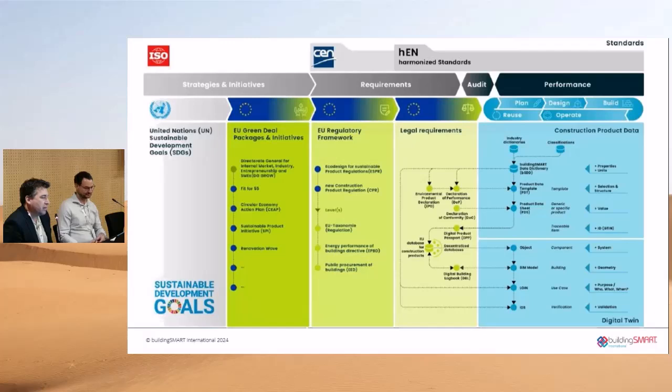But I think in any case, it's better that you keep the sovereignty about this data. So in the wood industry, we hope we did this work. We made a common data dictionary about all the harmonized standards, and we hope this work will be recognized, and we could keep this data dictionary and also keep sovereignty about this data, because at the end, the performance declaration is owned by the manufacturers, and there should be a split of requirements and performance.